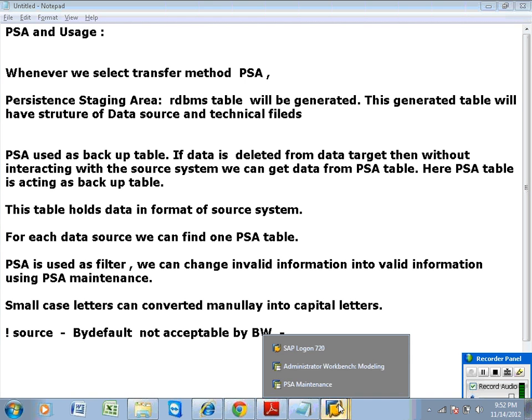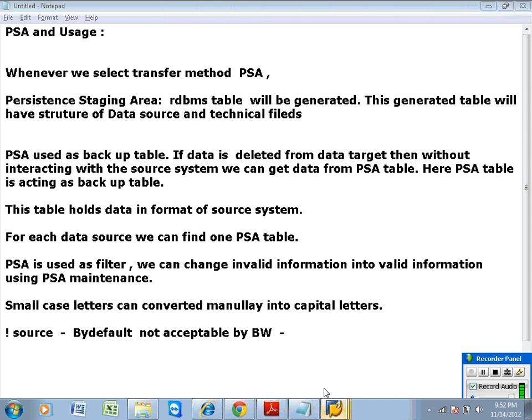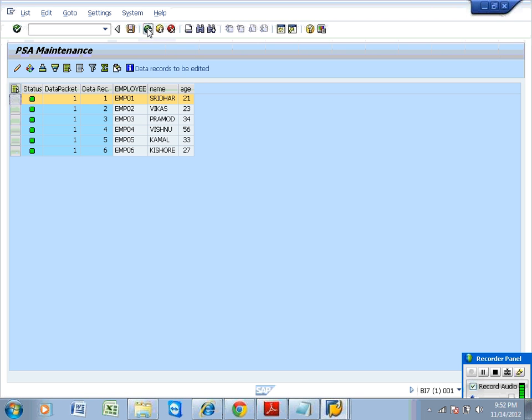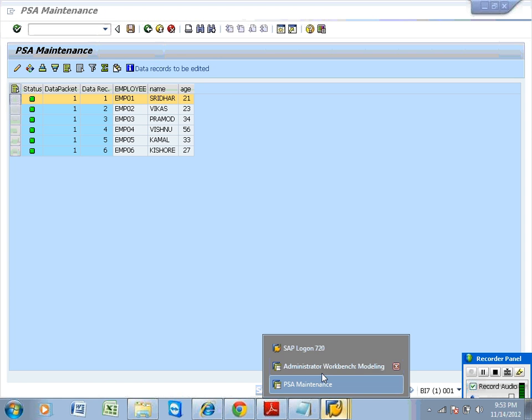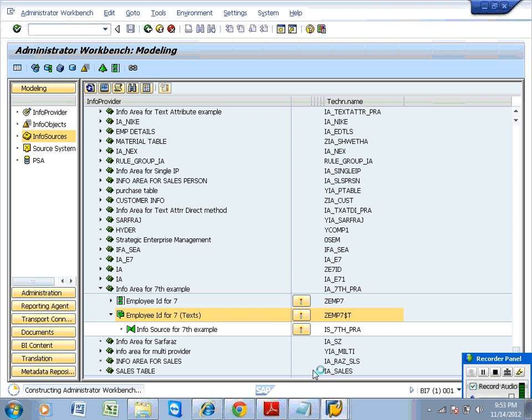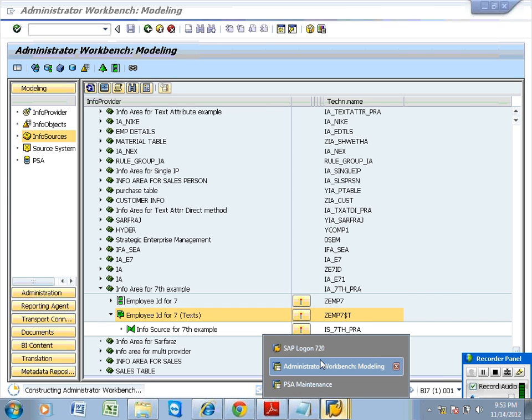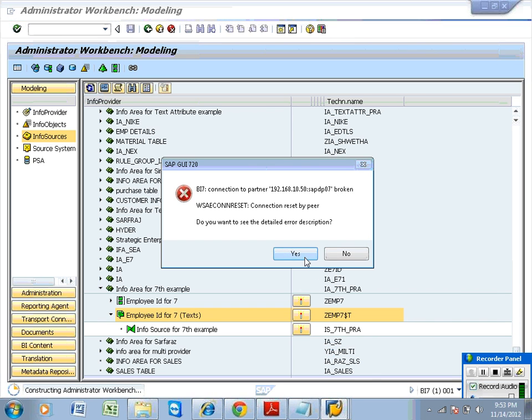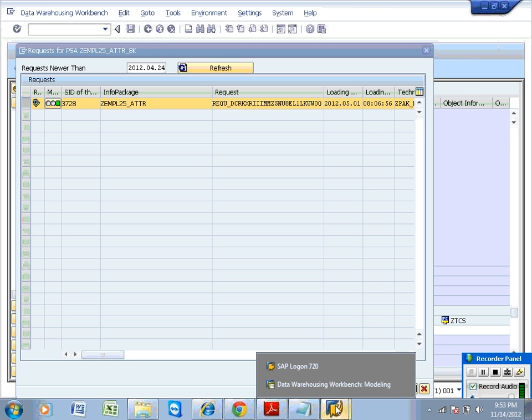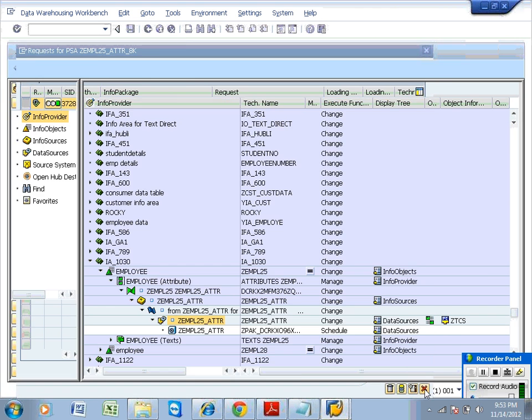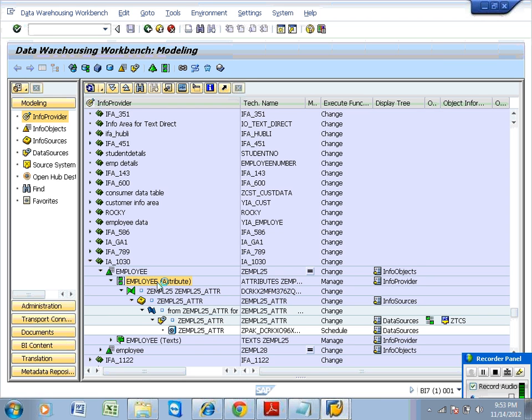Fine. Now, how to find out the PSA table? I keep on saying PSA is a table. Now you are able to see information within the table. If you want to see the table information, what we need to do is go back, again go back, and right click.